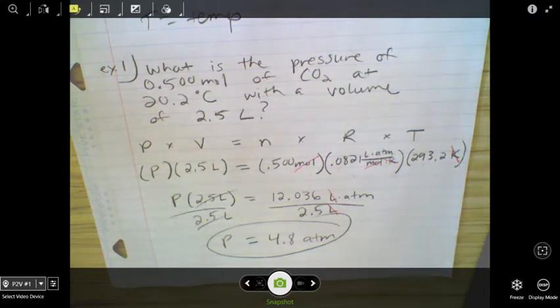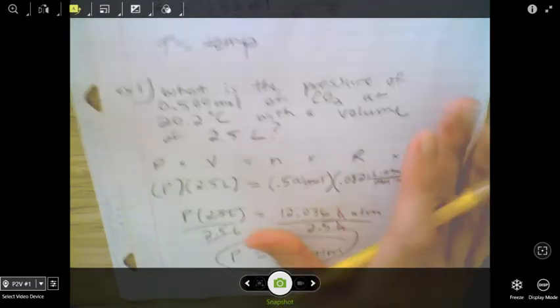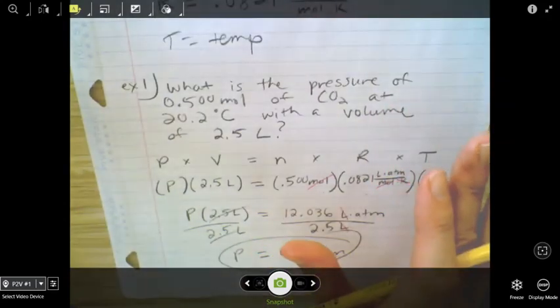All right, one more example. So on your problem set, these will be towards the end of your problem set, but anytime it involves grams or moles, you know you use PV equals nRT. Okay, example 2,